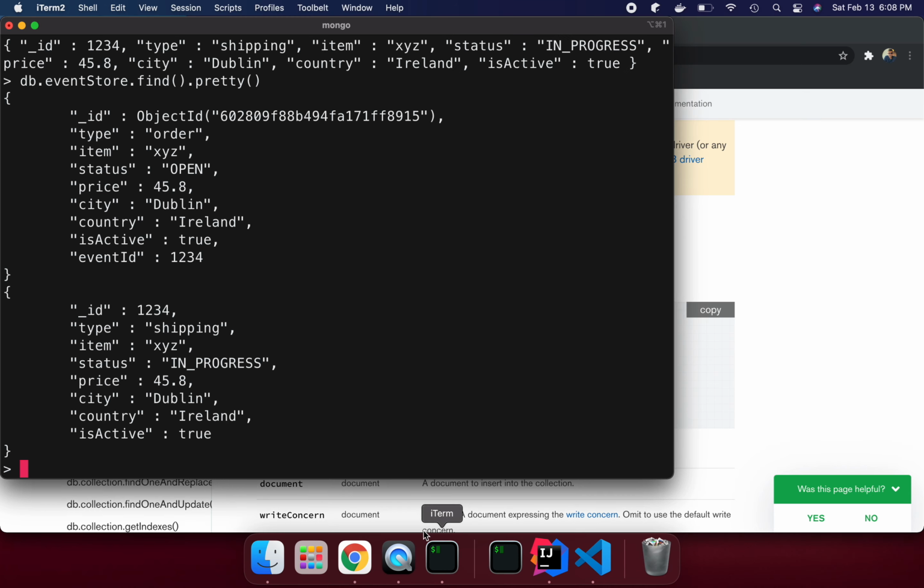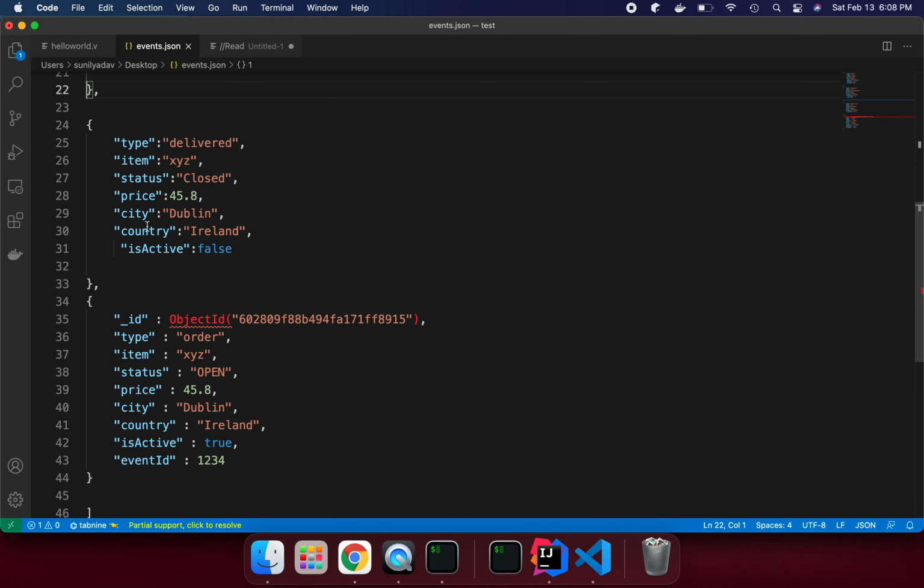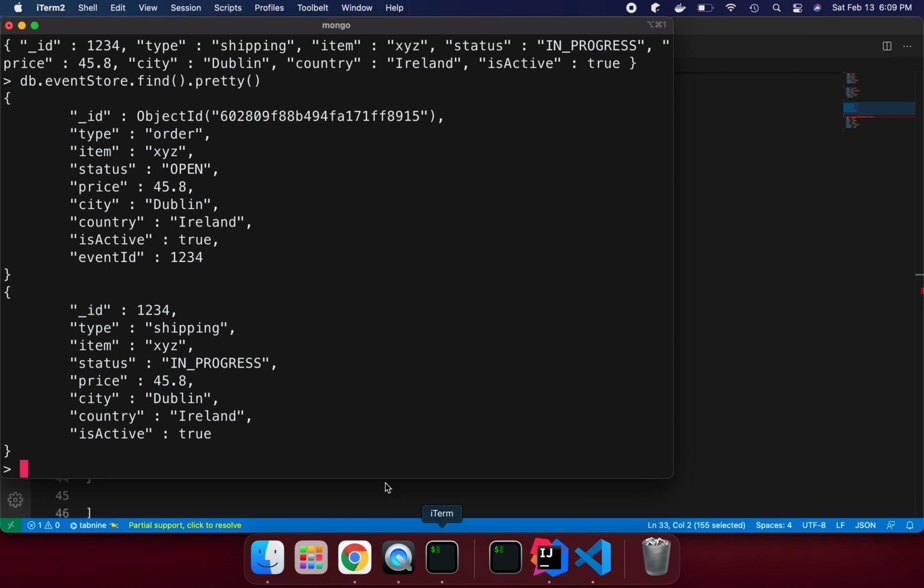Basically, what I'm trying to say is that now we have two documents. Let's insert one more document, the last one, delivery.